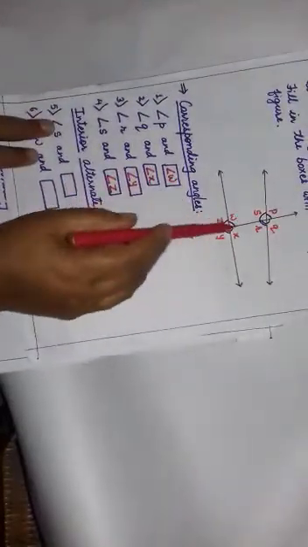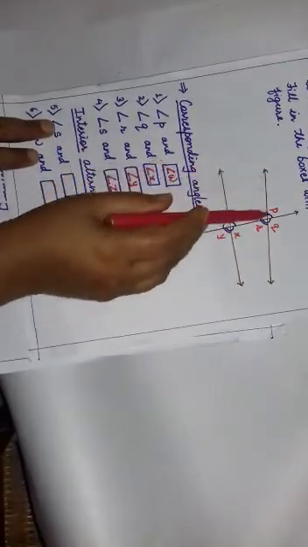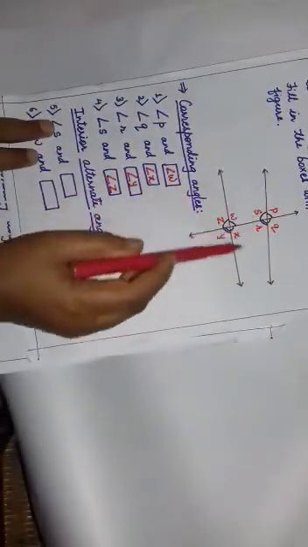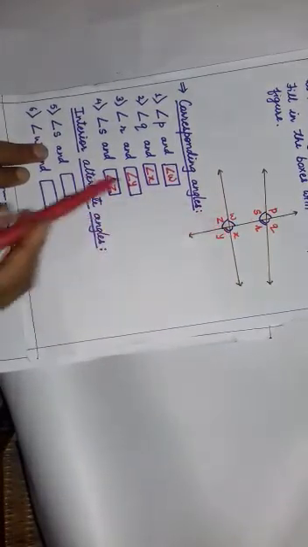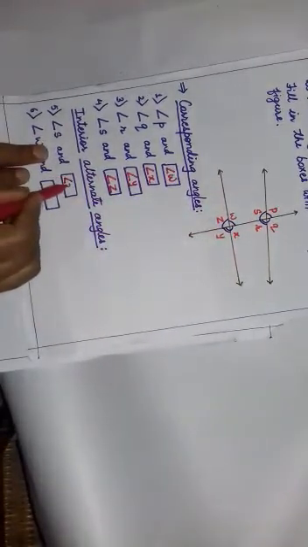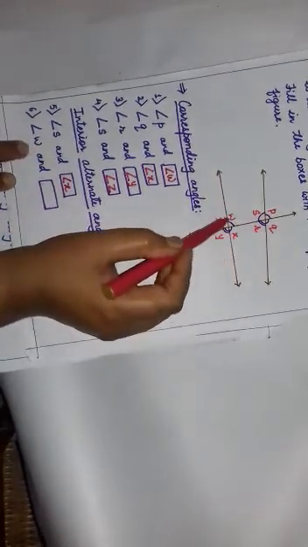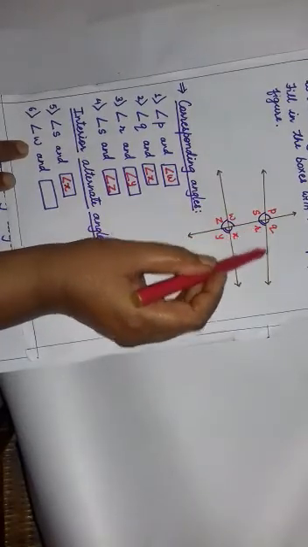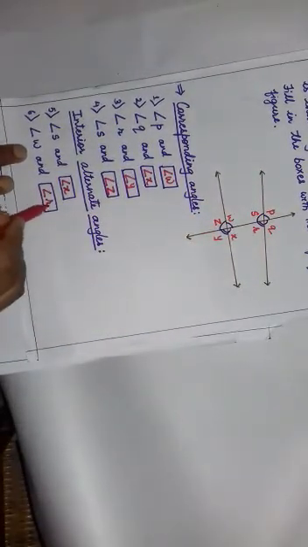Now interior alternate angles. Alternate angles means, in between these two parallel lines, the Z formation. So how is the Z formation? In that Z formation angle S and angle X will come. Angle S and angle X are the interior alternate angles. Angle W and angle R: see, angle W is alternate to angle R, Z formation. Angle R is alternate to angle W. So here we will write angle R.